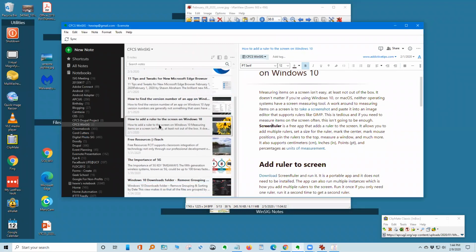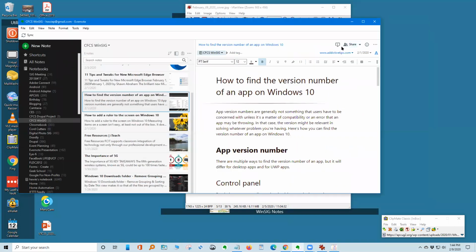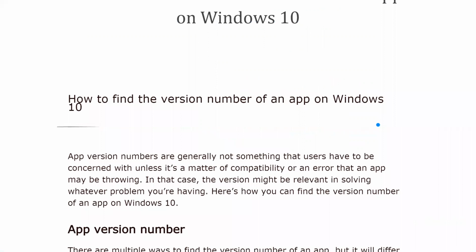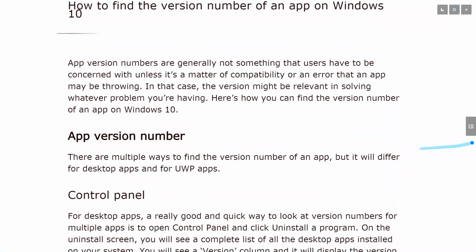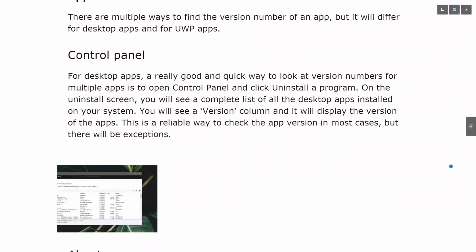So what we're going to look at is how to find the version number of any app. And as soon as it opens, there we go. How to find the version number of an app on Windows 10. I need to minimize that on my screen. Okay, the app versions are generally not something that users have to be concerned about unless you're having problems or you may need to update and don't realize it. There are multiple ways to find the app version number, and it'll differ for desktop apps and for UWP apps. But if you go to the control panel,